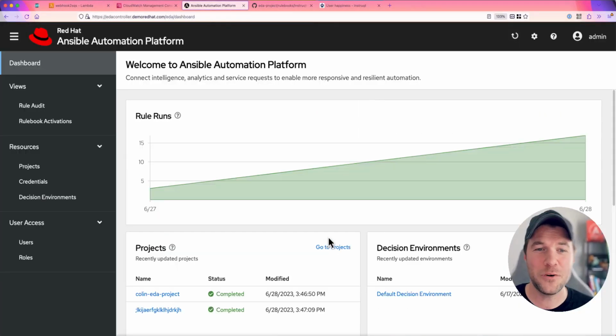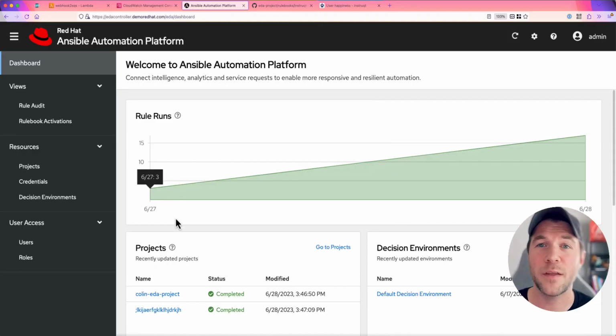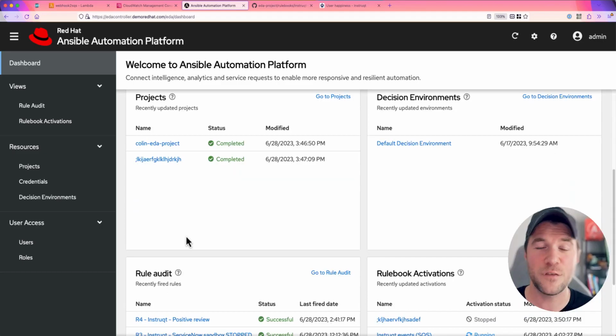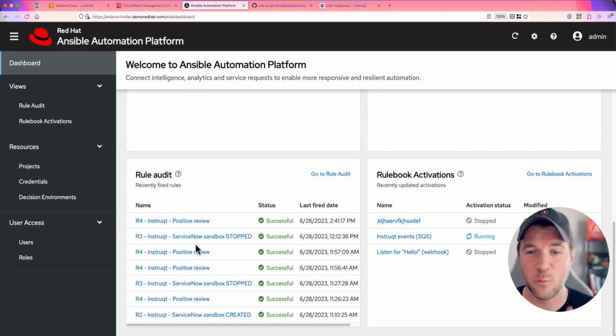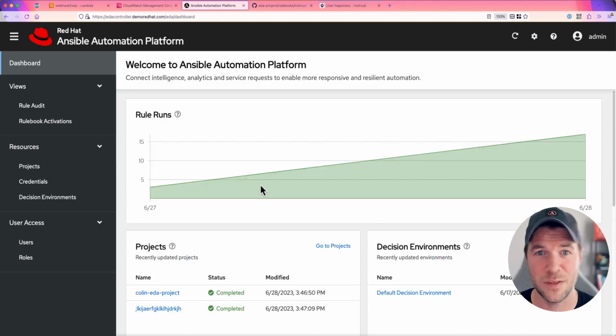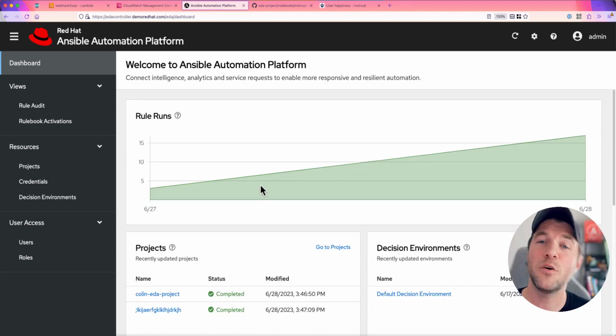So as soon as we log in, we get this nice little dashboard that shows us our rule runs over time. We also see the projects that we've synced to this Event-Driven Ansible Controller. We see decision environments, rule audits, and rulebook activations. Now, we have no idea what any of those things are. Let's talk about it. First thing that you might want to do when you set up Event-Driven Ansible Controller is